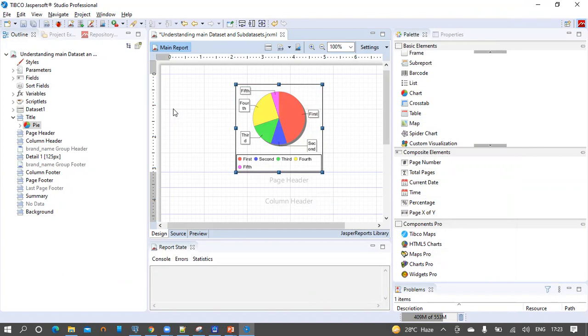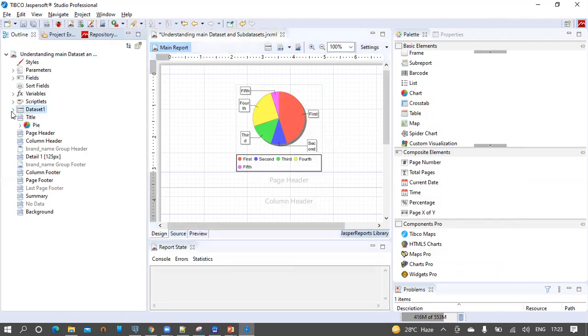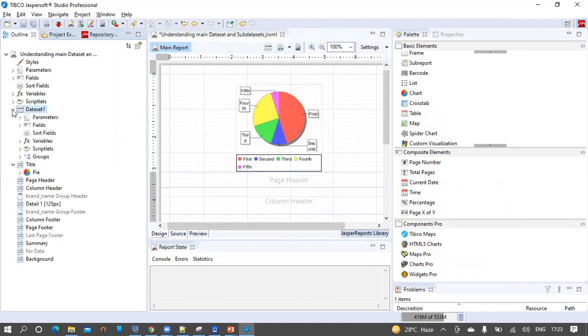Now let us see what are the objects of a dataset. Again, from the outline view, select the created dataset and expand this node. We can see parameters, fields, sort fields, variables, scriptlets, and groups. While providing the query, we have taken brand name as the group for the query. We can see it by expanding this one.